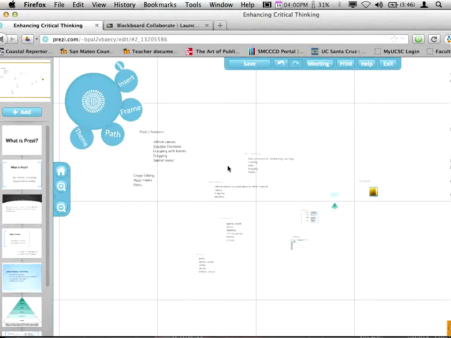Okay, so you can use the spatial layout. If you think that something is marginalized, you can put it off to the side, or if you think it's central, you can move it to the center. You can also make something bigger if you think it's important.